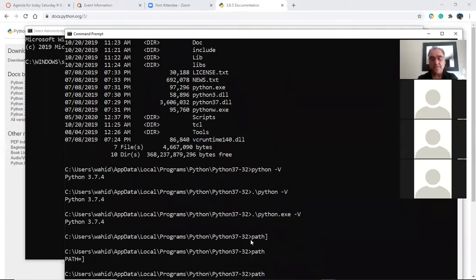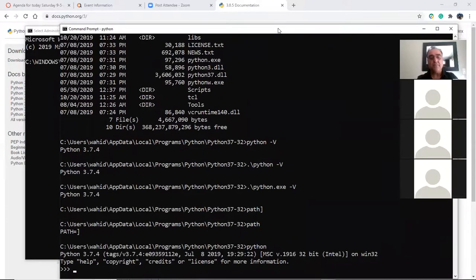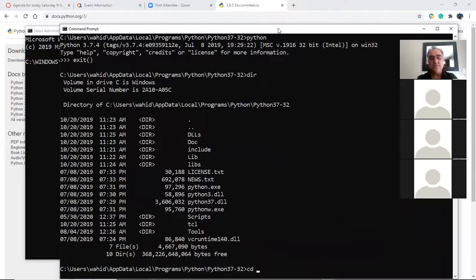My path, when I type this one by mistake, it already assigned my path to an incorrect level. So now if I just say this, it actually dropped me to Python 3.7. So it's still my path is fresh, but moving out of this environment